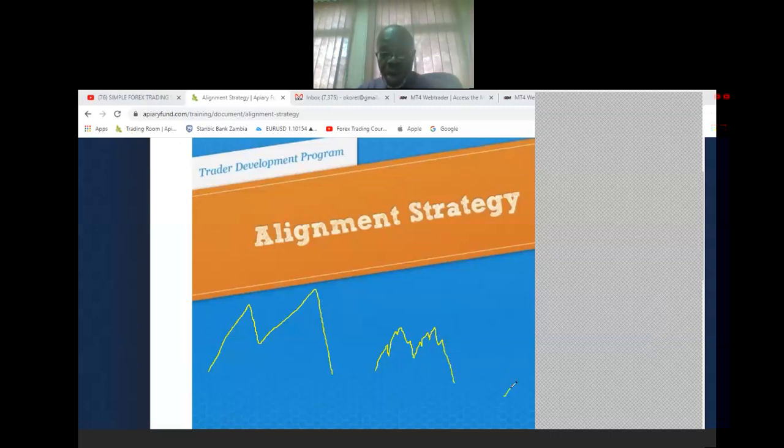Then even the smaller ones might do the same thing, and so on. So even though this is in a smaller time frame, it is similar to this in a bigger time frame, which is similar to this in a much bigger time frame. The only difference is they might not be like a photocopy exactly, but it's very similar,